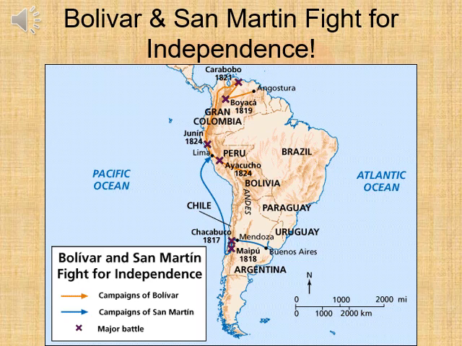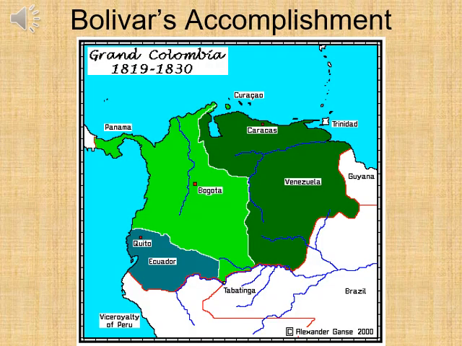This map here will show you the routes highlighted in orange were the campaigns of Simon Bolivar, and the routes and arrows shown in blue were those of Jose de San Martin, with the X's being major battles in Argentina, Chile, Peru, Colombia, Gran Colombia, and Uruguay. A very short period of time throughout the Latin American revolutions, Simon Bolivar's greatest accomplishment, that of a Gran Colombia, was in existence for about a 10 or 11-year period, occupying the area that is now comprised of 8 individual